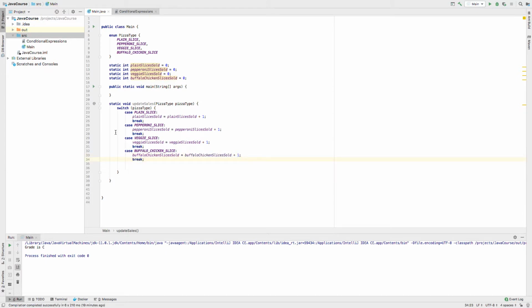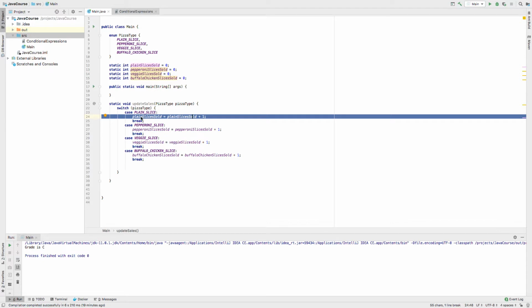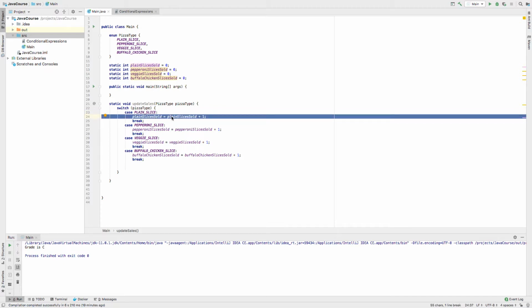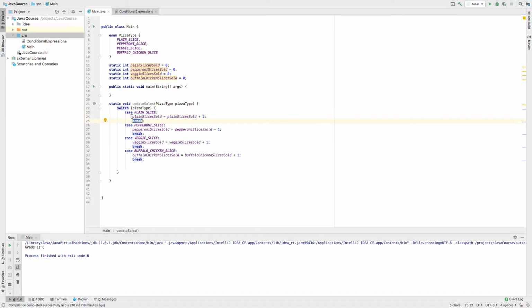So what we're trying to say is that breaks can have multiple cases. It can have 1 or more cases, and it does the statement before the break for each of those cases. So now for each case we have a break, because we want to say that only plain slices update plain slices sold, only pepperoni slices update pepperoni slices sold, and so forth. So we have to have a break at the end of each case, unless we want multiple cases to update the same thing, which in this case we don't, because each case is different. So we have our 4 cases,